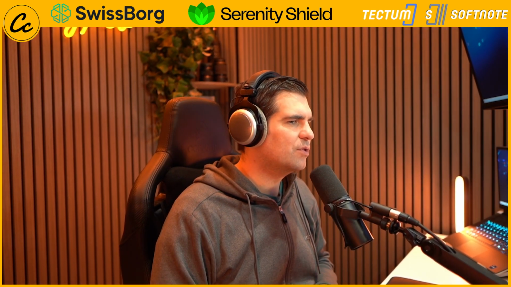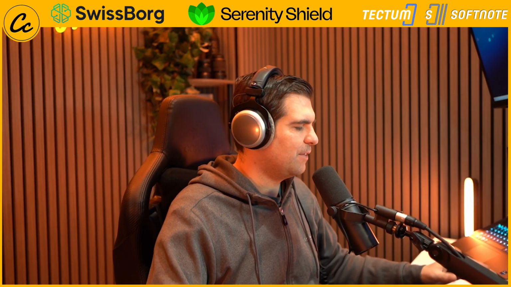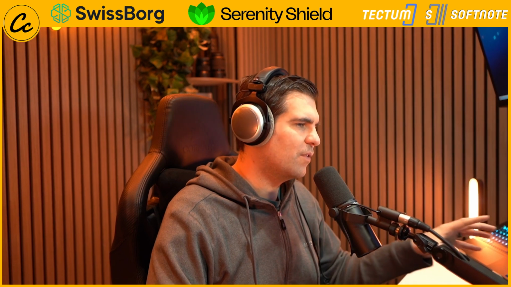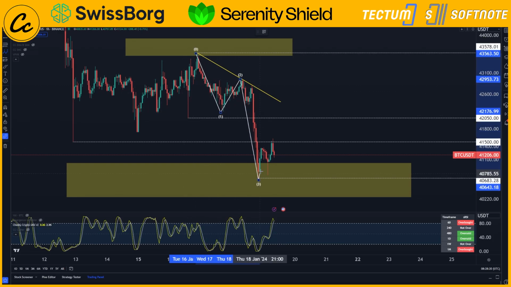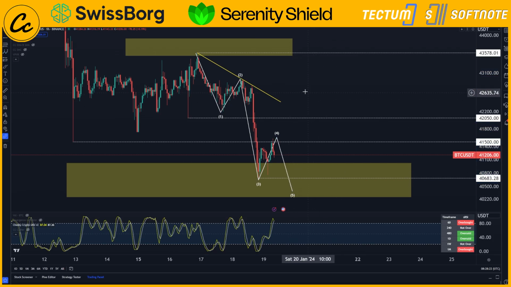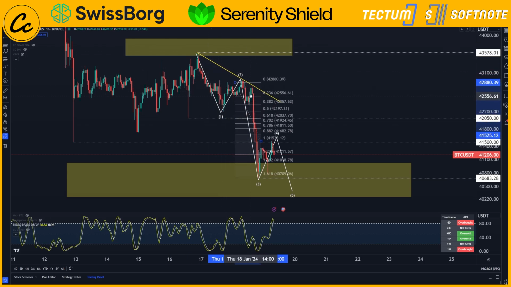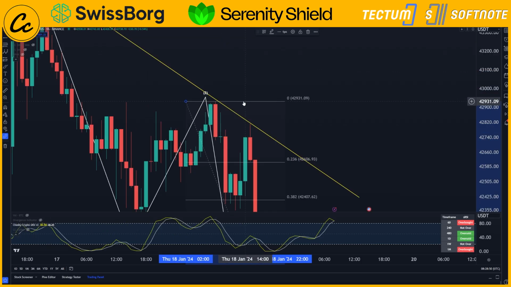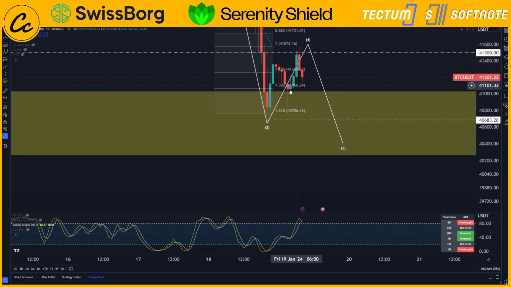The bulls are going to want to take Bitcoin's price and close it back above $41,500 if they want to gain some remote control over BTC here. Now, obviously, we do a lot of Elliott wave stuff on the channel, so I can show you what we are looking at here. This is a 5-wave move, and we haven't finished it just yet. Let's consult the Fibonacci retracement tool here, just so you guys can see what I'm seeing inside the charts. I'm going to move our Fib chart down to this exact level. This gives us these accurate extension numbers, and the important one was this one right down here,